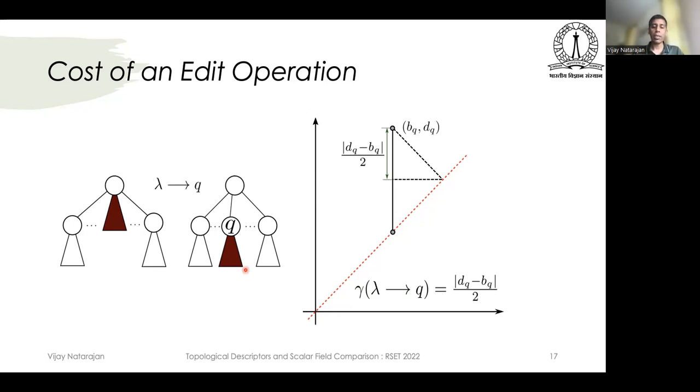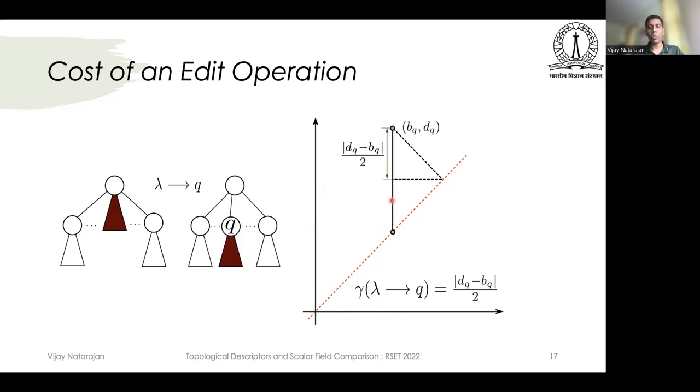And this topological feature size is what we want to use to determine the cost of inserting this Q, right? One way to look at this is in a diagram where the x-axis denotes the birth of the feature, the y-axis denotes the death. So insertion of Q